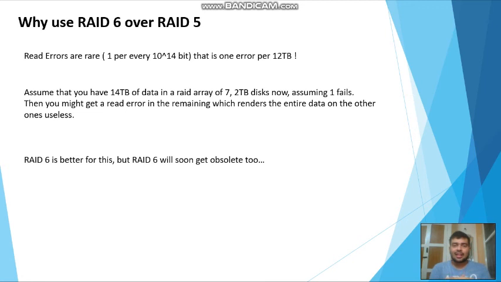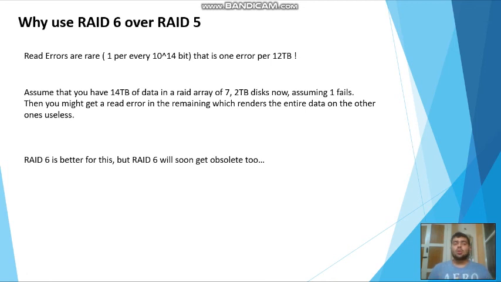And this is interesting, and I'll explain it through an example which might tell you why it is important to use RAID level 6 in the current scenario. The current data drives that are manufactured have read errors every 1 in 10 raised to power 14 bits. That means you can have a read error on average once per every 12 terabytes of data. Now assume that you're a large company or a company that requires their data to be safe and